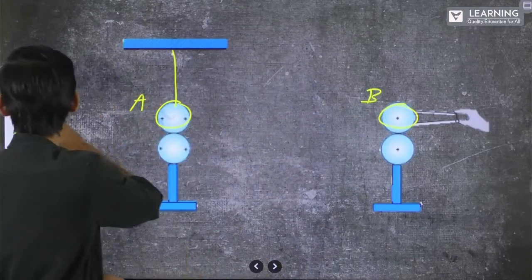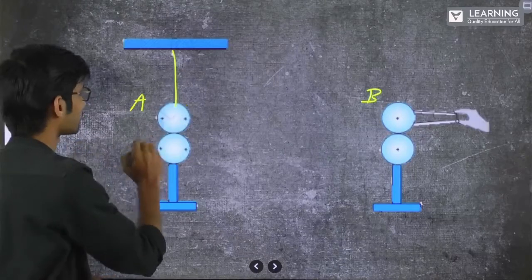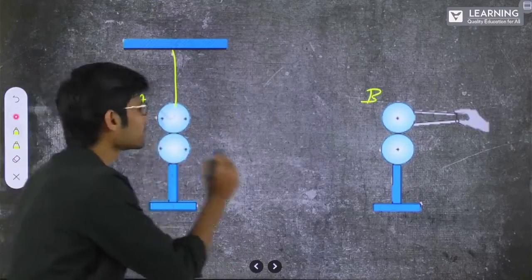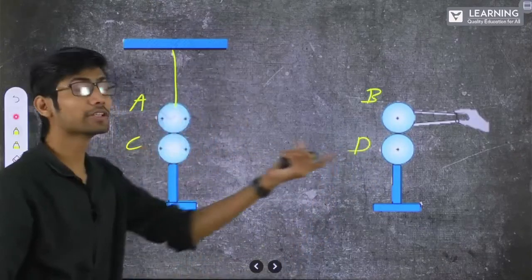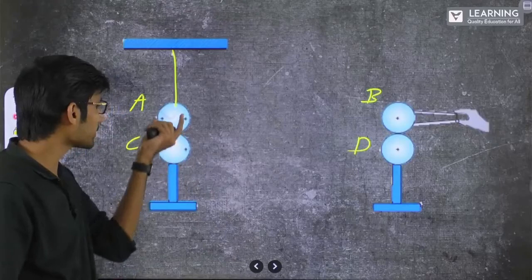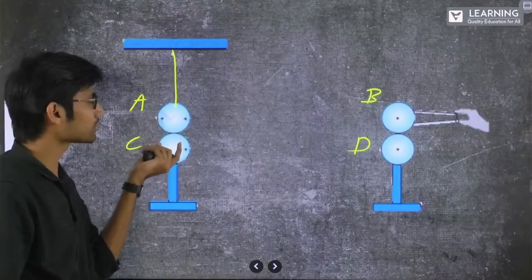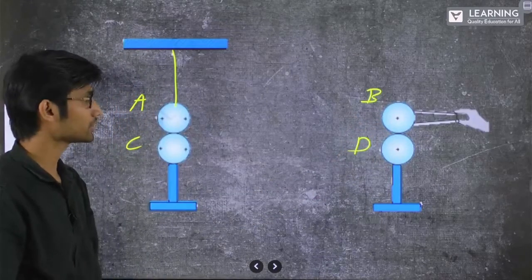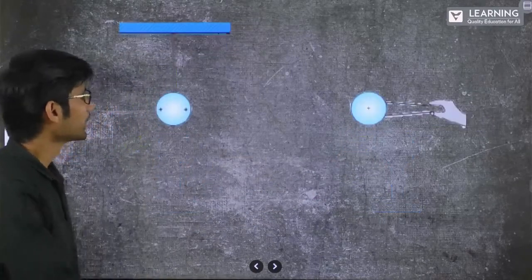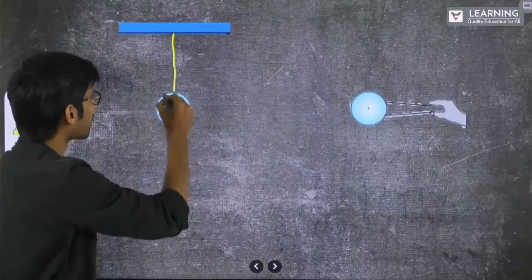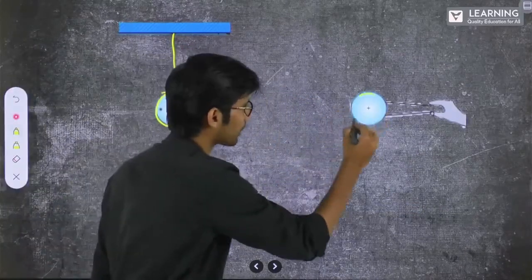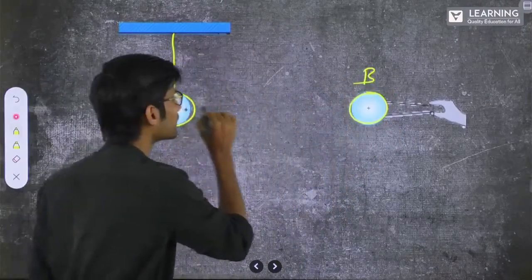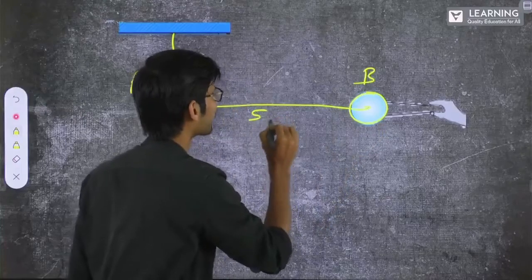Alright. So now this A and B, and this was C and D. These were neutral, C and D. C was brought near to A and was touched. D was brought near to B and was touched. Fine. Then what happened? These two were removed. And this A and this B were brought close to each other, and this time the distance between their centers was 5 centimeter.